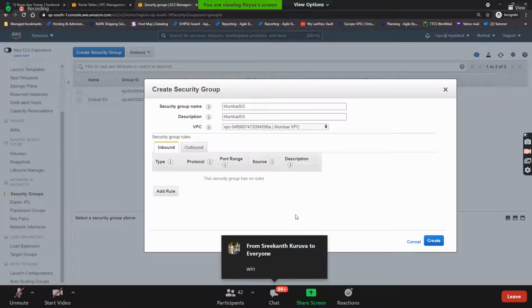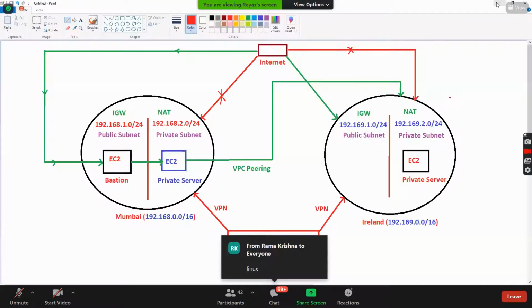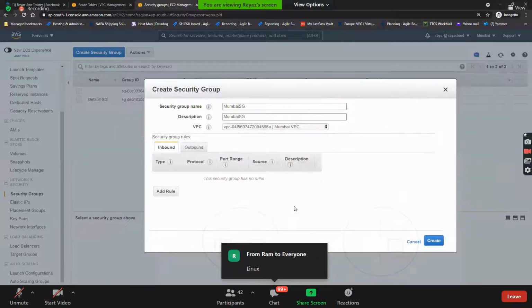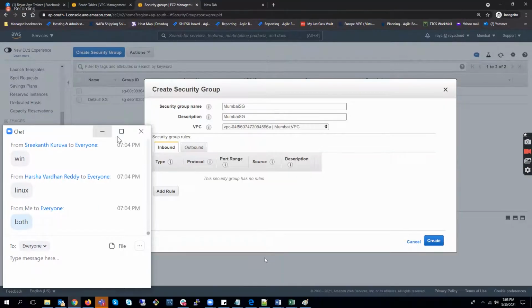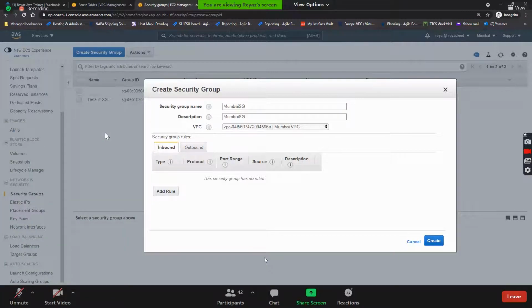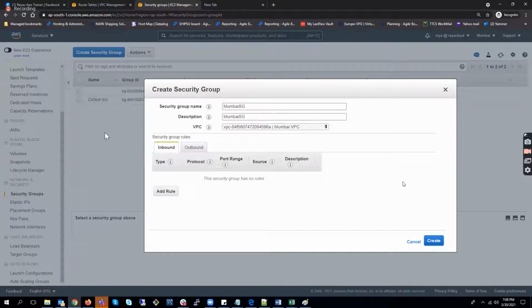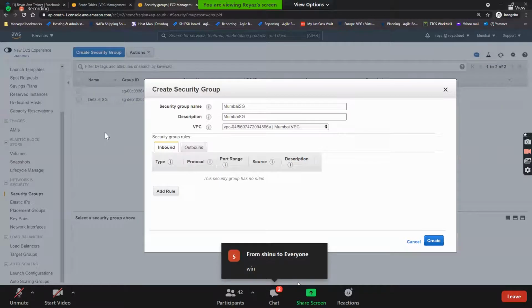This entire setup, should I use Linux or Windows? How about others?